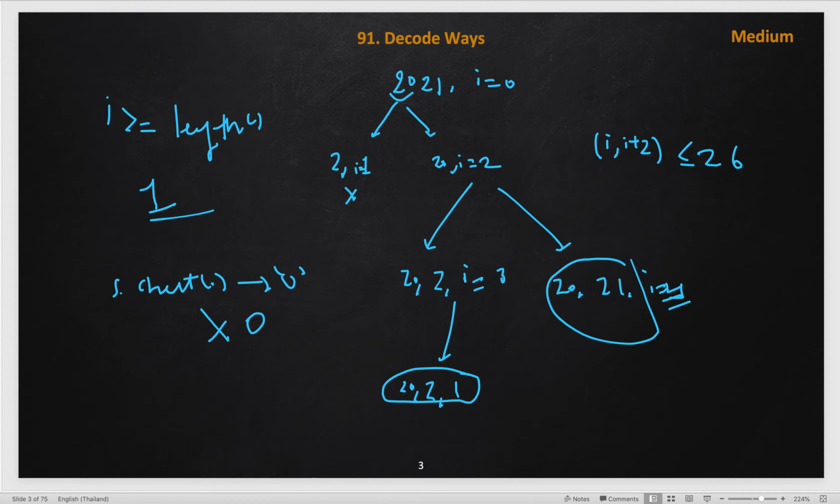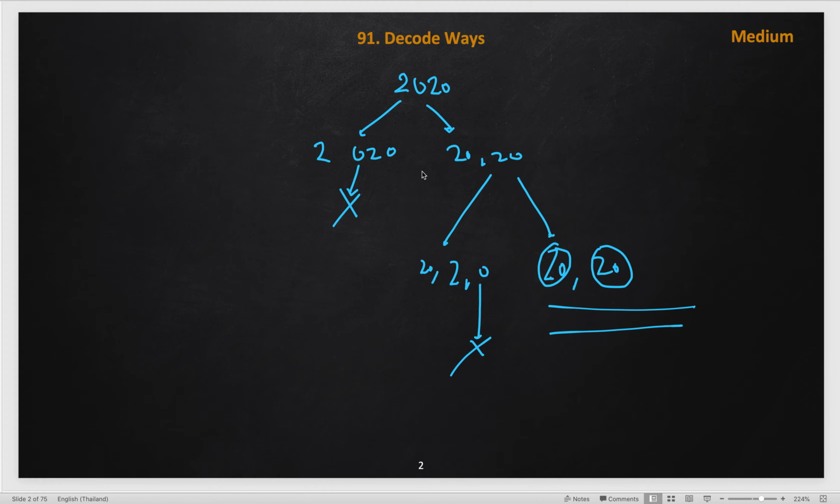If you see for i, let's take a bigger example, let's say 21. So initially i is 0. I am just pointing i as like i will become 1 here, and here i will become 2, and further this i will become 2, and here i will become 3.